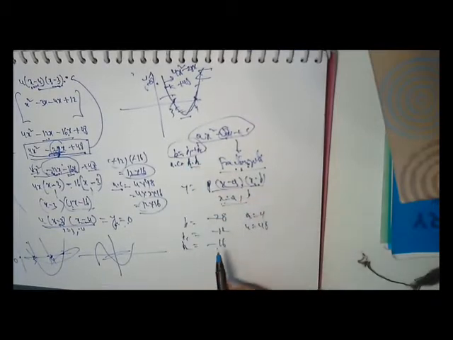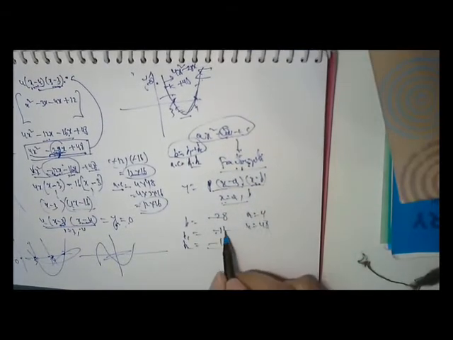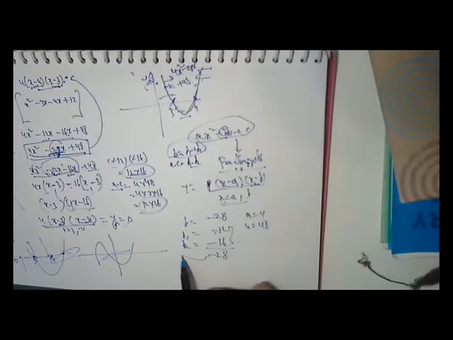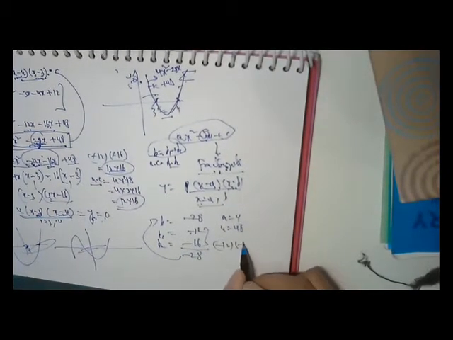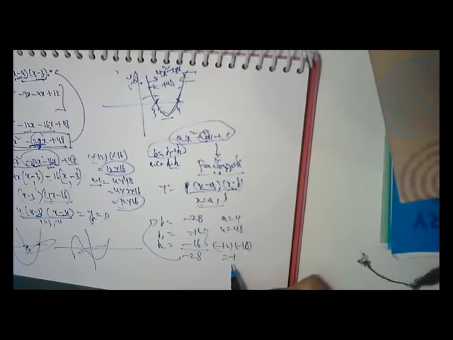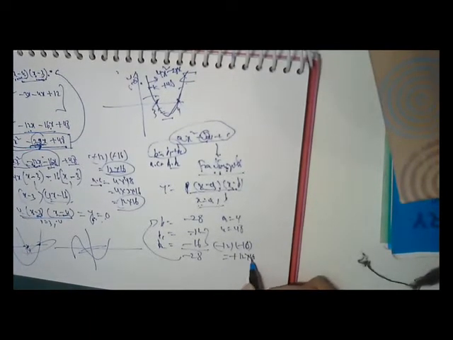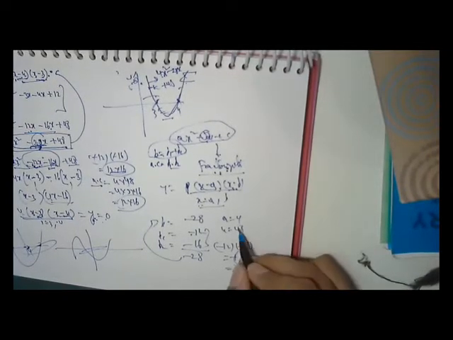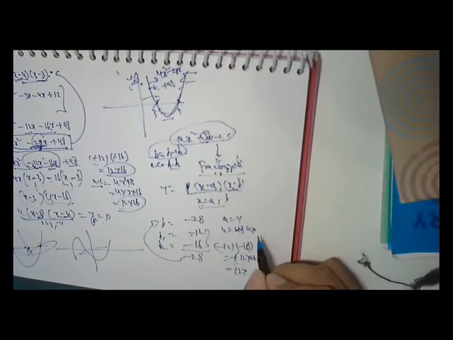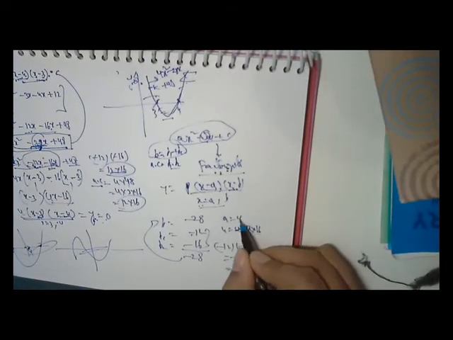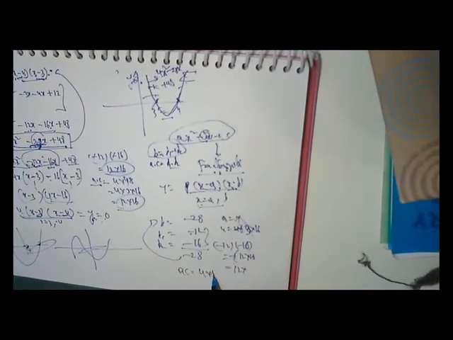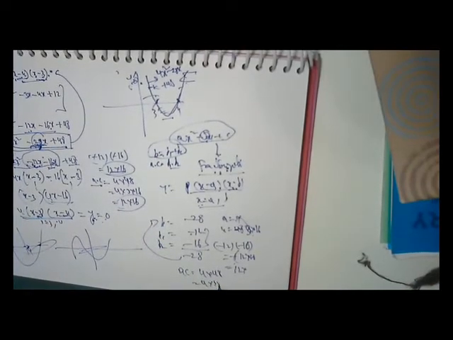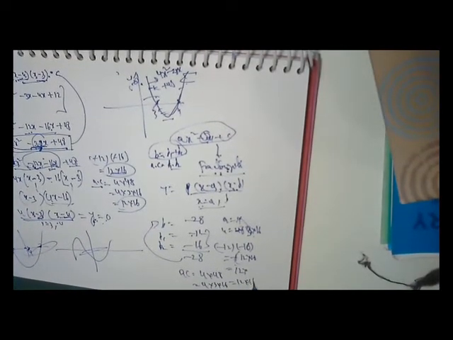b1 plus b2 is equal to b. So minus 12 plus minus 16 is minus 28, equal to b. And b1 into b2 is minus 12 into minus 16, which is equal to plus 12 into 16. If you convert 48 into 4 into 3 into 16, so 4 3s are 12. What is a into c? 4 into 48, 4 into 3 into 16, that is 12 into 16.